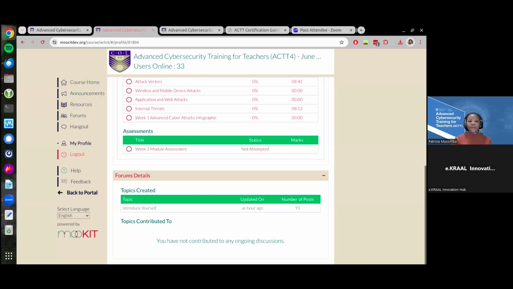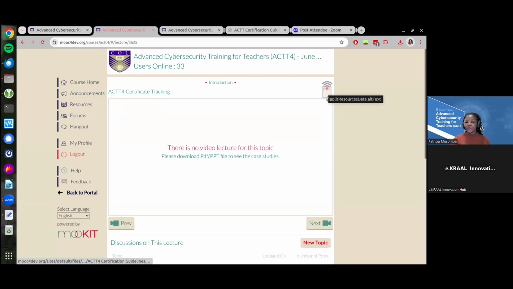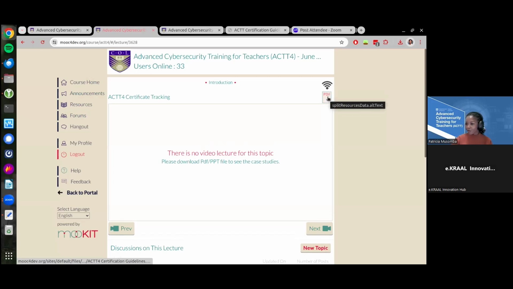Certification requirements are mainly shared with you so that you may find out what you need to have done during the course so that you can receive a certificate at the end of it. These certification requirements are available on the course home. When you click on week 0 right here, you will see ACTT4 certificate tracking. When you click onto that, you can click on the PDF icon. As we've mentioned, this is how you access and download different course materials. So you click on PDF and you'll be able to see the certification guidelines